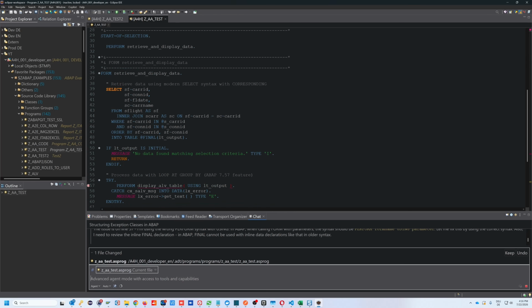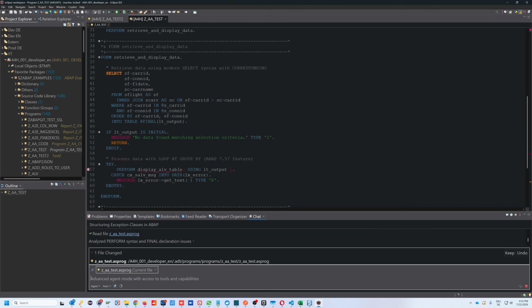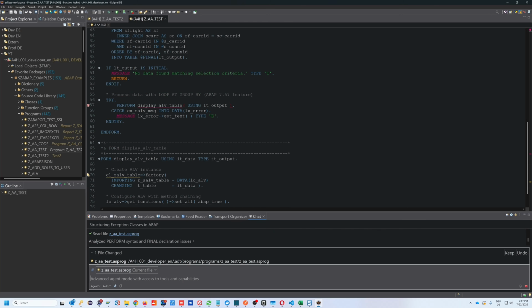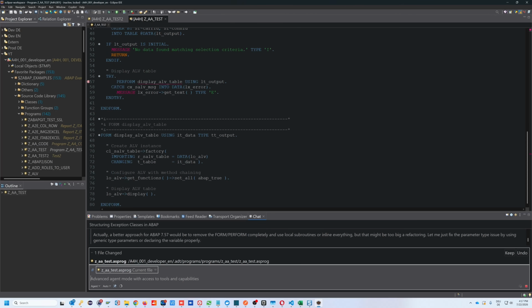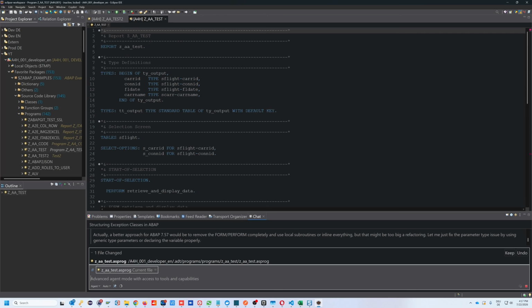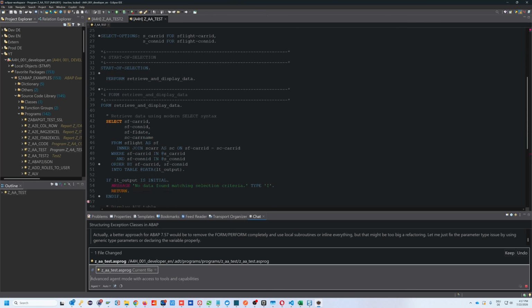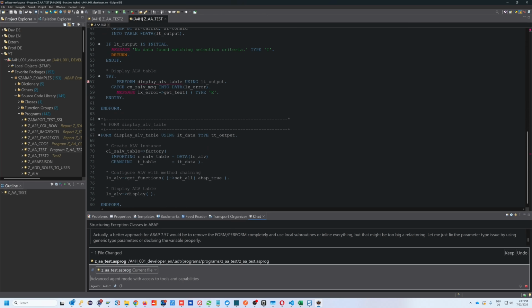We see an error here. So I'm curious if the error will be solved. Currently we have this error in our code. Okay. The server is working.